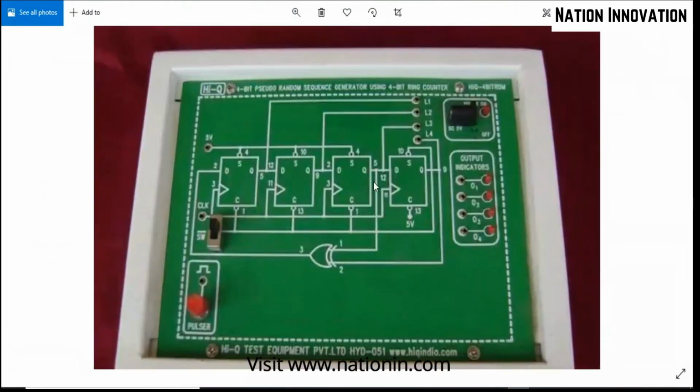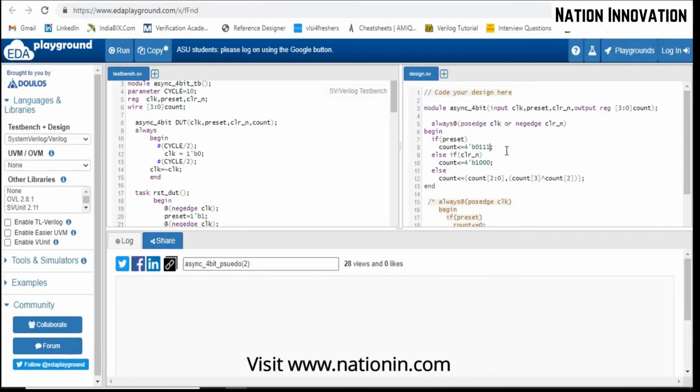Whenever there is a connection, it is a synchronous circuit, and we will represent the outputs as Q3, Q2, Q1, Q0. Basically, this is the LSB, and here it is the MSB. Here also the same, it is the MSB and this is the LSB bit.